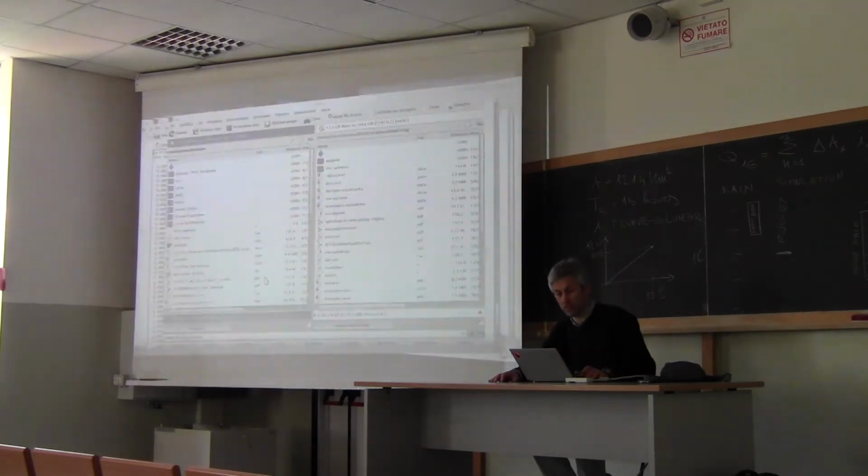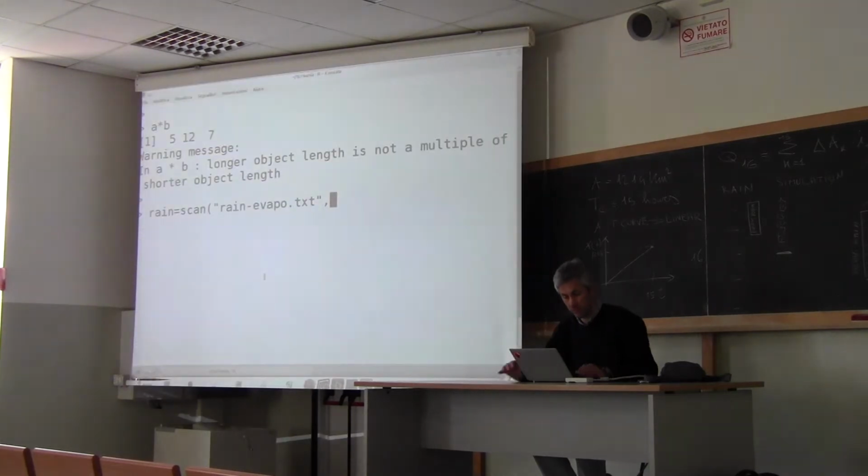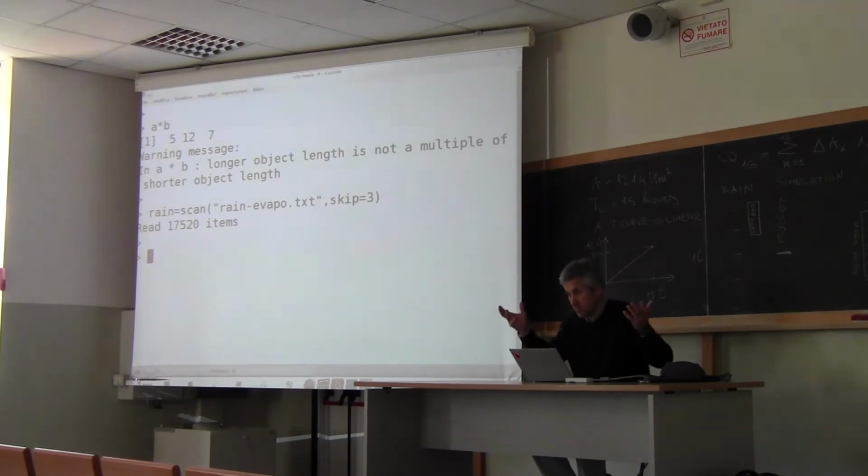So I go back to R. I have to write skip equal 3. That's it. And then if I give enter, it says read 17,520 items. How many items would you expect for hourly rainfall for 1 year? Let's make an attempt: 24 times 365